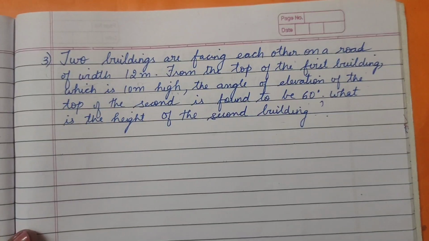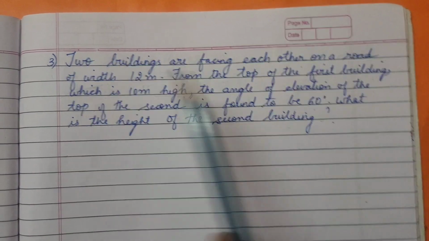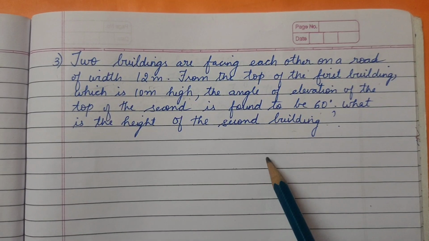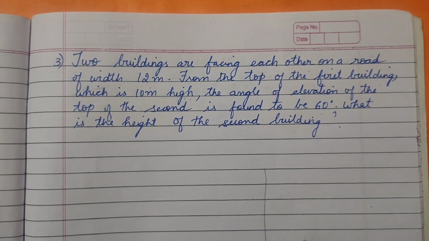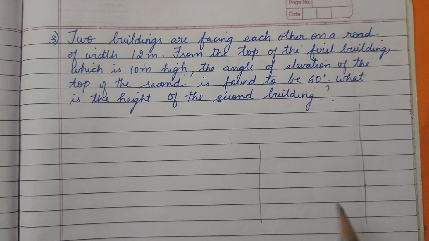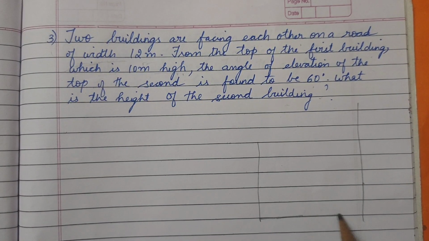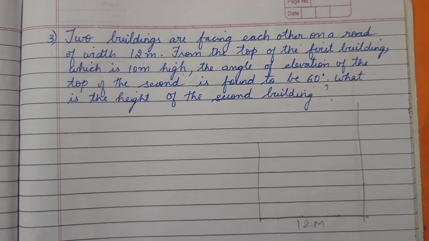So interesting. So see, I'll just show you how to draw the diagrams with a pencil first. Two buildings are facing each other. You consider this is the first building, and this is the second building here. Okay, ये building है. फिर और दोनों कितनी दूरी में है? विड्थ 12 मीटर. रोड में कितना डिफरेंस इधर 12 मीटर का दूर में खड़े है.